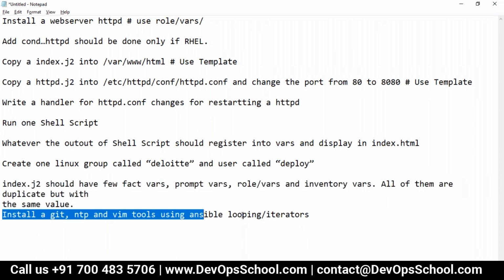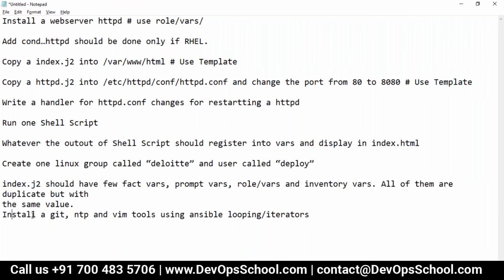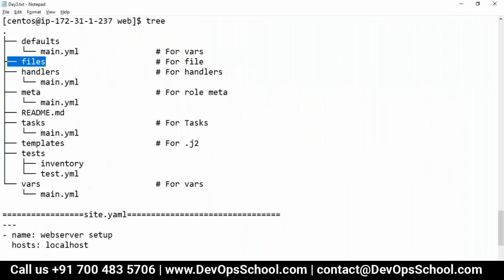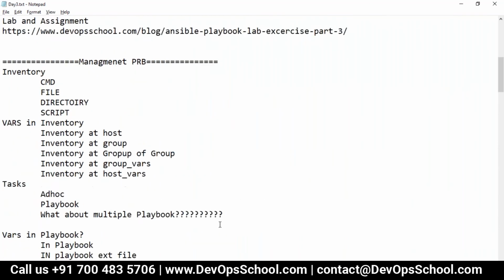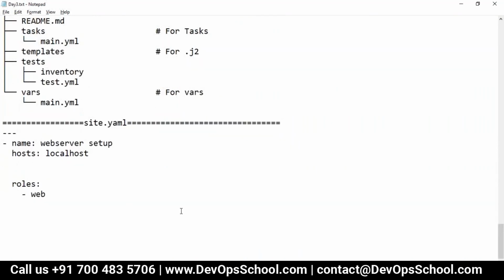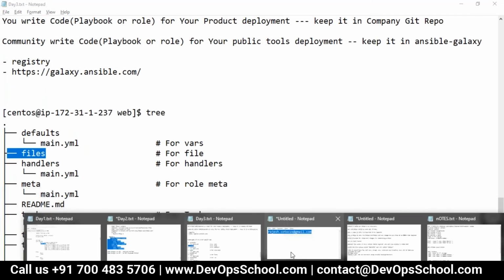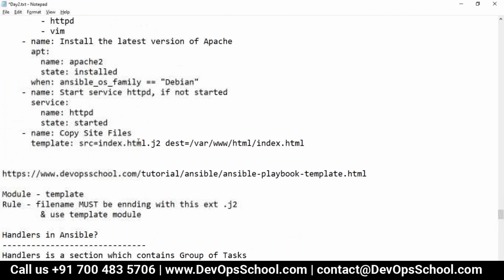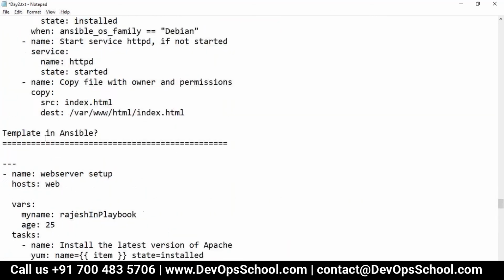Finally, I think we had a code, this one also: install git, ntp, vim using Ansible looping iteration. I think somewhere I did the coding also. All this code you have in day 2 and day 1 only. I don't know why we did not get success. See, iteration we did, no template.